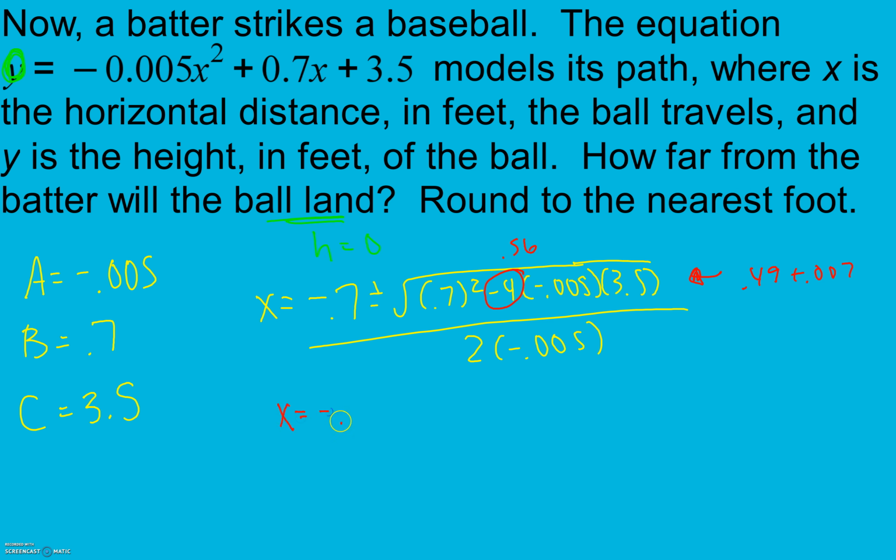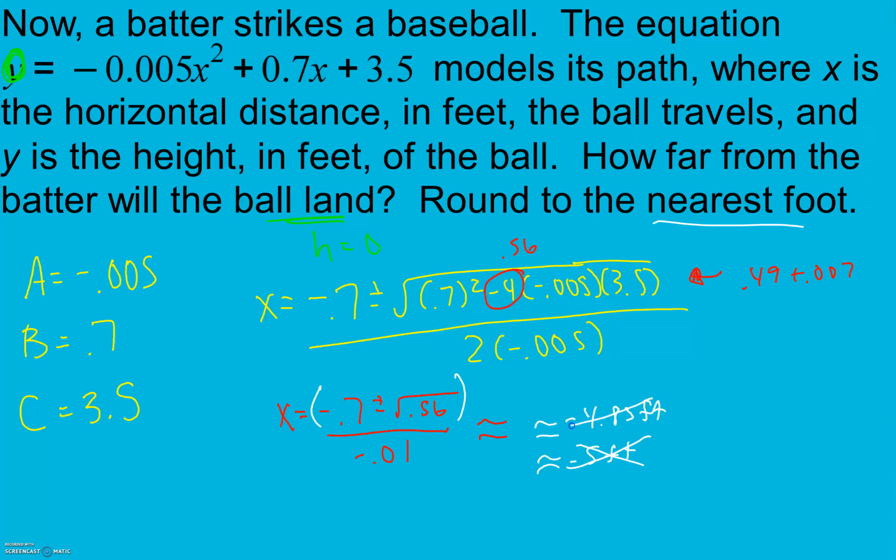Again, that is not a perfect square. So as simple as I can get this here, and when I multiply in my denominator here, I want to simplify that as well, I get negative 0.01. Now we're going to find our approximate values. So again, I would encourage you to type in your numerator, press enter, and then divide, or put parentheses there. So negative 0.7 plus square root of 0.56, and then divide. It's going to give me approximately negative 4.83 feet, or to the nearest foot, approximately negative 5 feet, which we